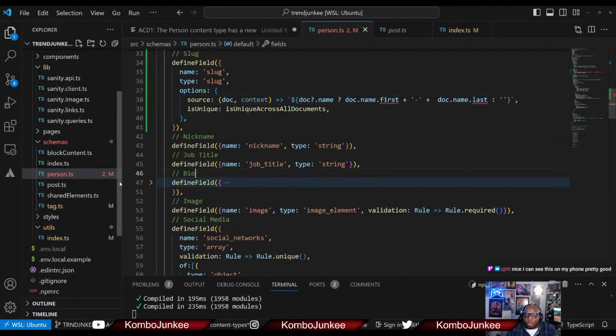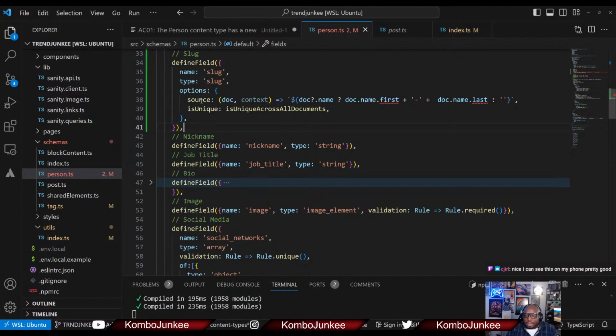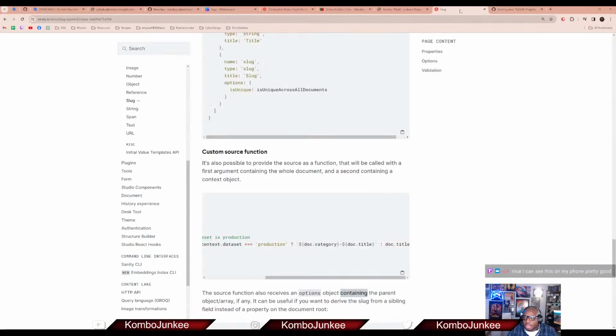And now a person is always going to have an error. I hate that. Back to the browser. I'm going to do a little bit of research here to see if I can get rid of that, but